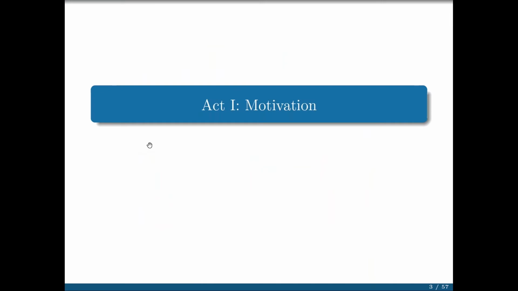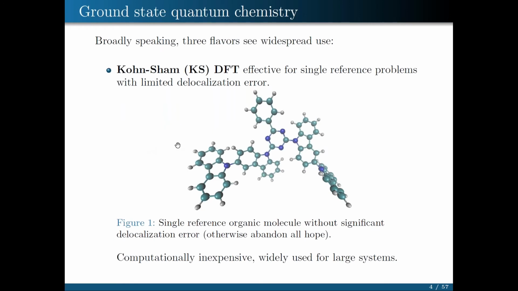as I mentioned before, I would like to motivate why we would even try to use something like orbital optimized density functional theory for electronic excited states. To do that, we should first take a step back and look at how we handle ground state quantum chemistry. Within ground state quantum chemistry, there's broadly speaking 3 types of methods that people tend to use most of the time. The first, of course, is Kohn Sham DFT, which is very, very popular, probably the most widely used electronic